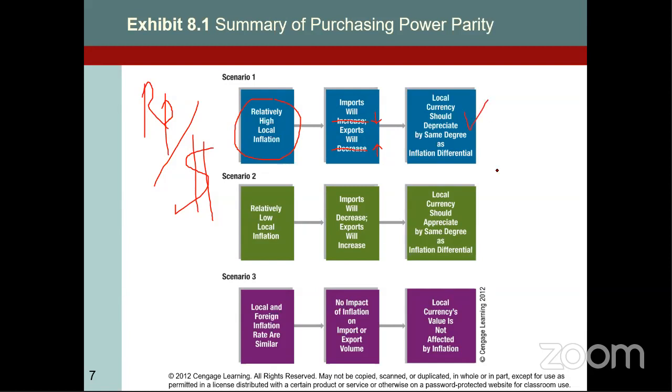The local currency will depreciate, and the foreign currency appreciates. The second scenario is also the same, but with a different setup. Okay, now it's your turn to give me an explanation